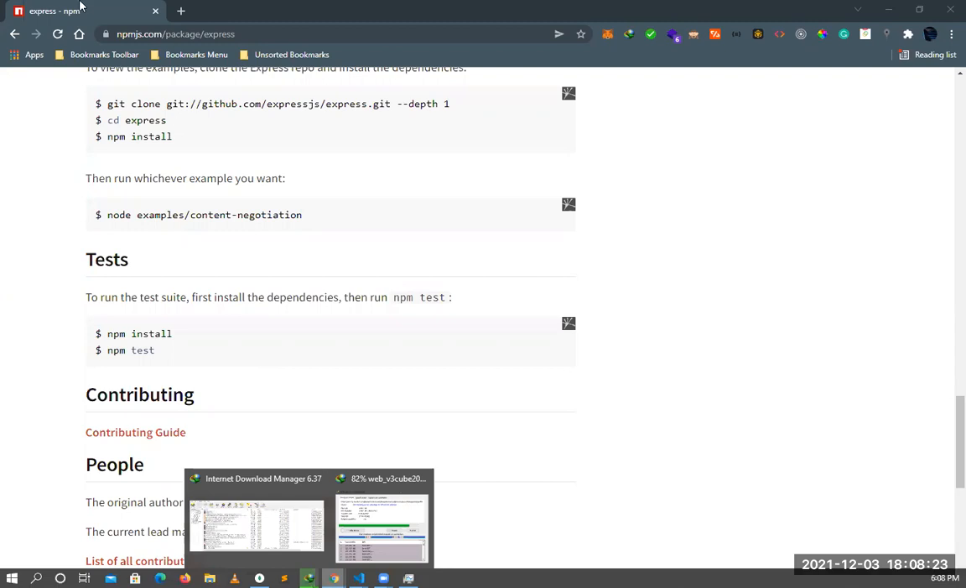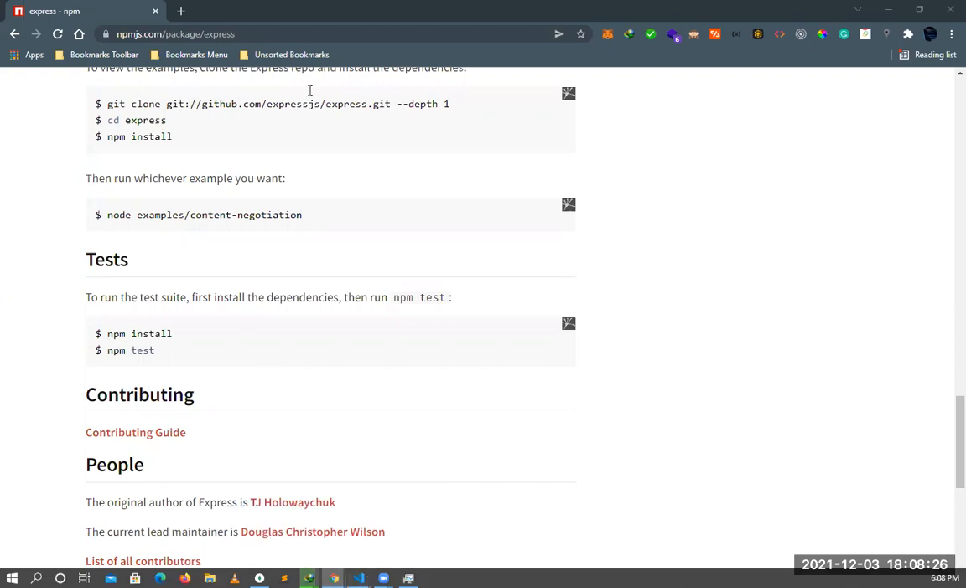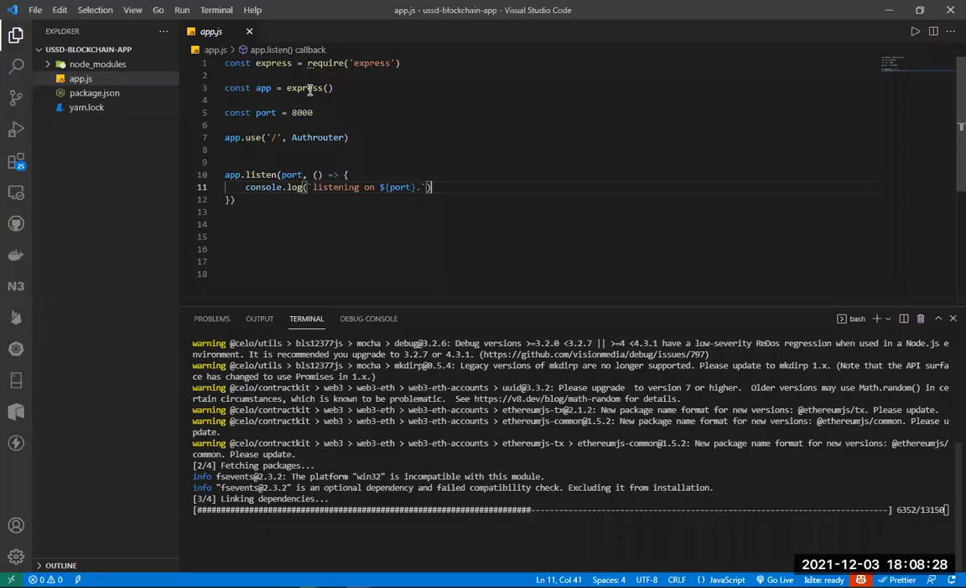So that is Express. With Express, you are now able to create an app and wrap everything in app, and then you can access the different methods within Express. So what this application does is